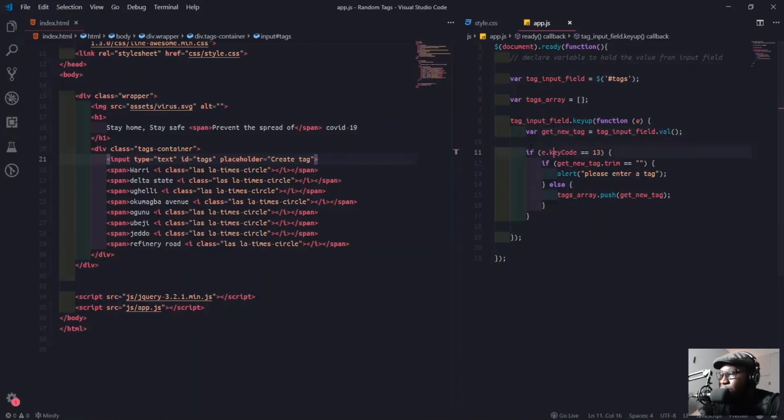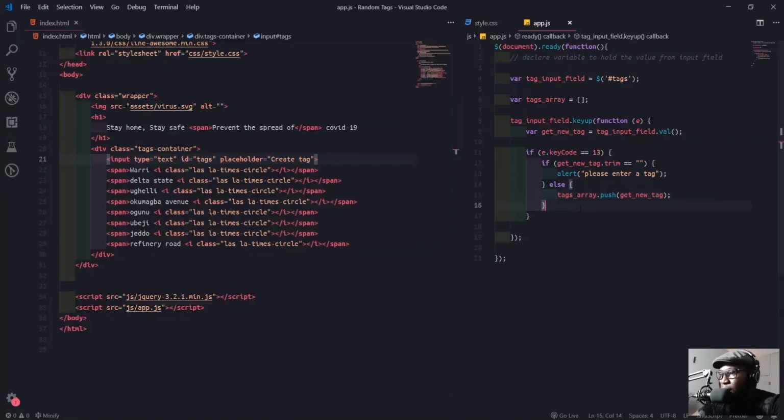So the next thing, it checks if enter was pressed, then looks inside the input. If it's empty, it means we didn't type anything, so it alerts: please enter a tag. But if we typed something, it pushes it inside the array.